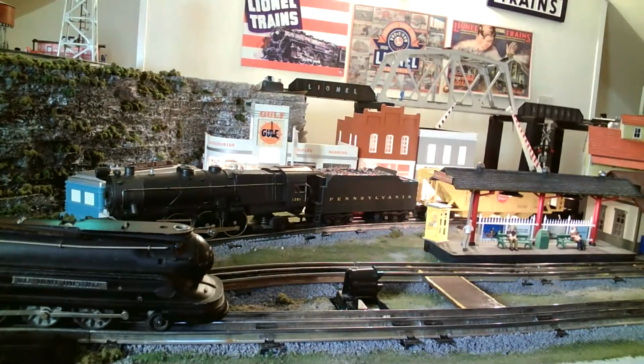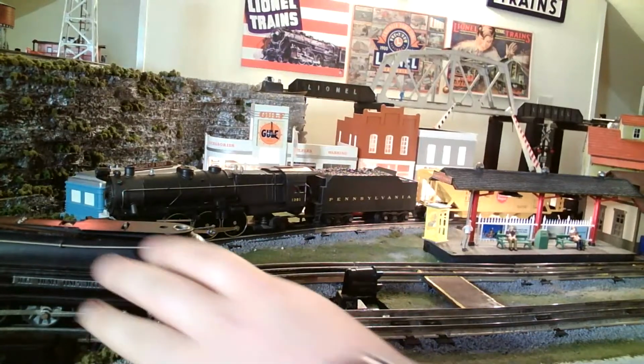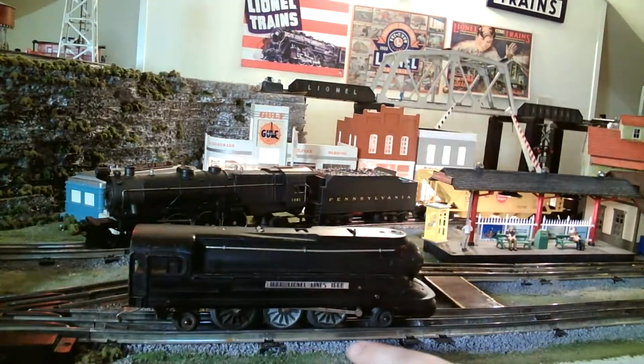Yeah, 12. I want more. 12 is not enough. I have more engines. I have more 1688s than tenders. I only have one of these guys though, a six-wheel drive. I want more. They're kind of hard to find. And the biggest thing with these models,